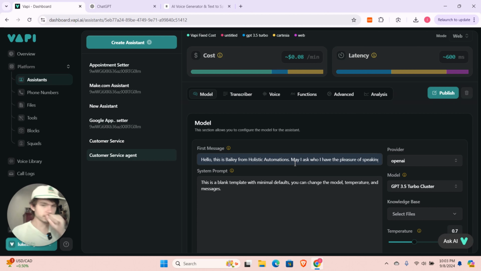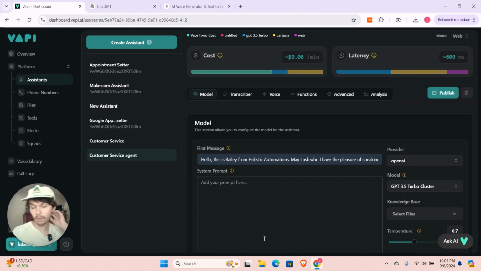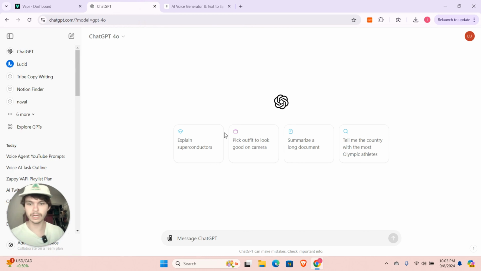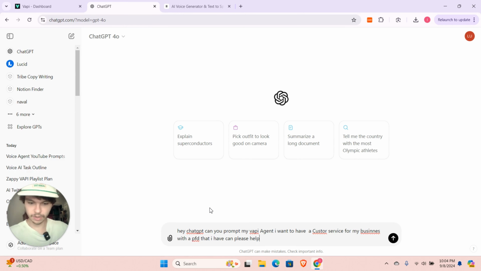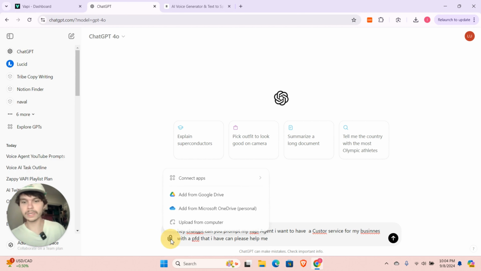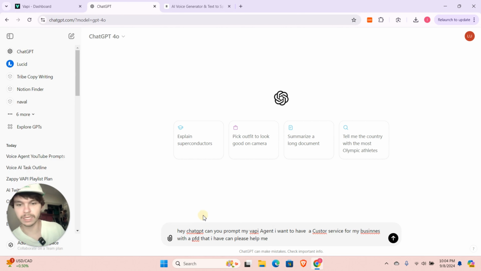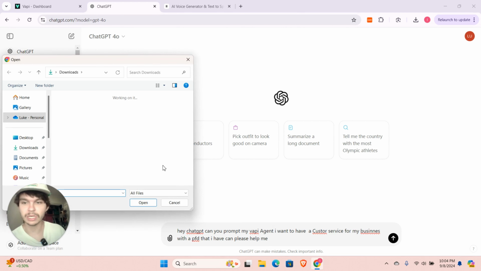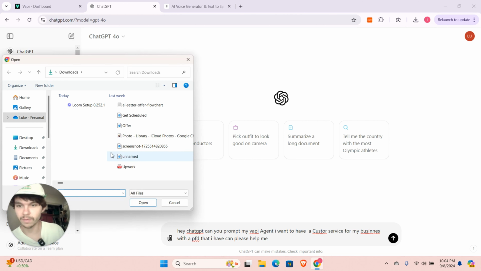And if you're confused about what the prompts are, I will give you a pretty good way to prompt your systems if you're pretty new to this. So we're going to head over to ChatGPT and ask it to prompt for us. The cool thing about ChatGPT is that we can upload PDFs so it actually knows what we're talking about. And we're going to look up a voice